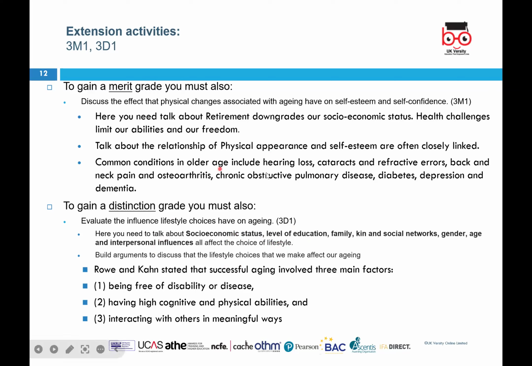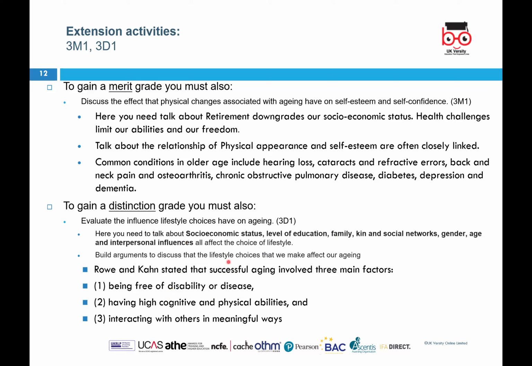So this was only talking about what lifestyles you have and what the impact on self-esteem and confidence is as a result of aging. However, here you're talking about how your lifestyle is created because of all of these factors that I've just discussed. Build arguments, discuss arguments